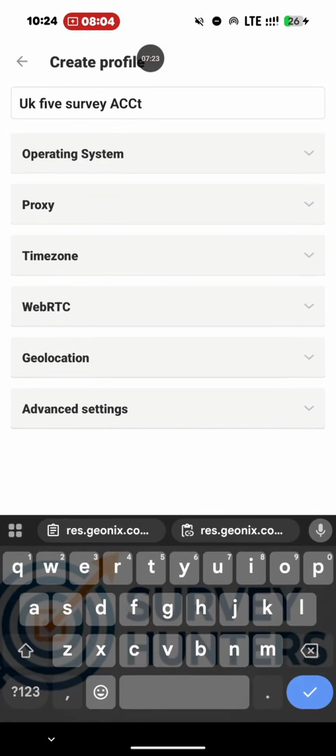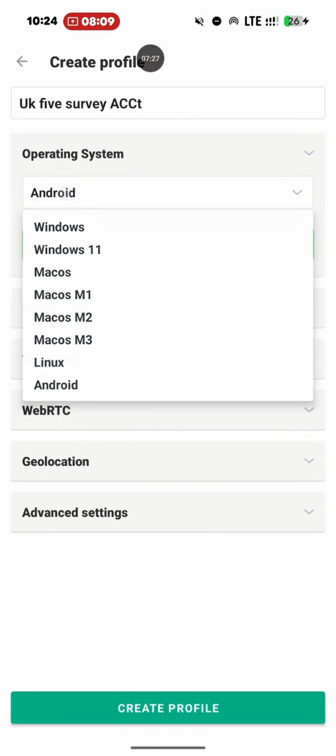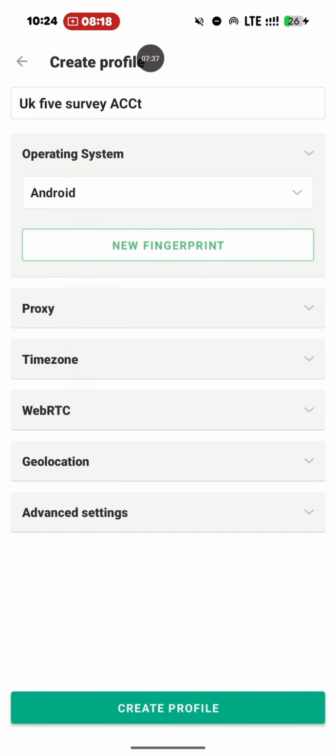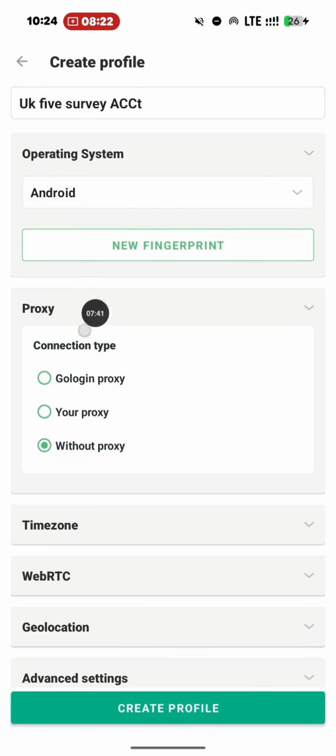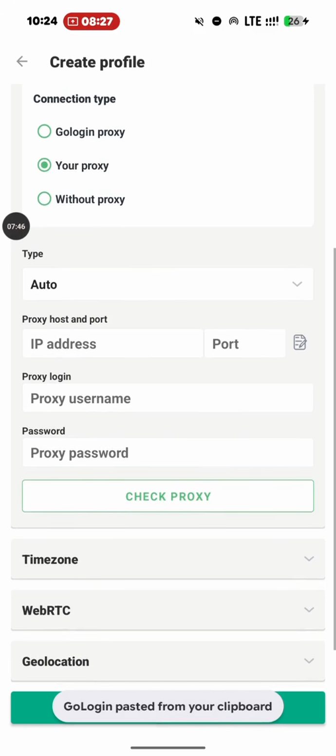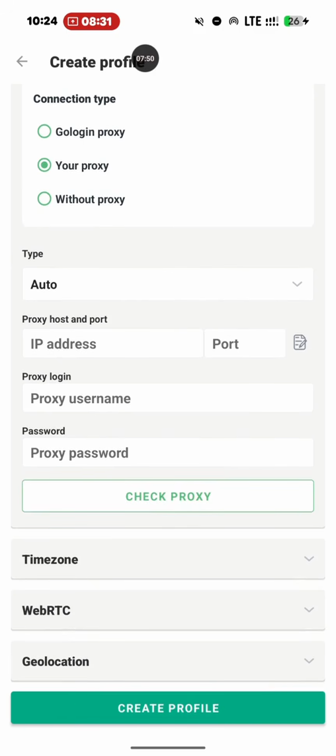Now once you have named the profile, under the operating system, you can select any of these operating systems. Understand? You can select Mac OS, you can select Linux, Windows 11, any one. So I'll just leave it on Android. Then I'll click on proxy. Once you click on proxy, you need to click on this second one, your proxy. Click on it. Now once you copy your proxy from Jonix,